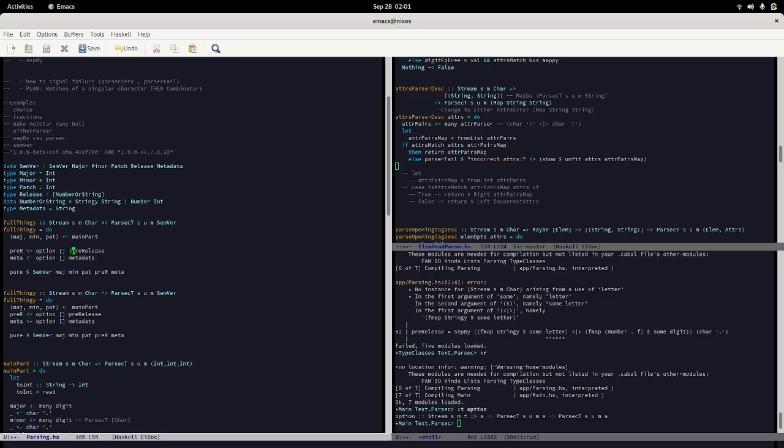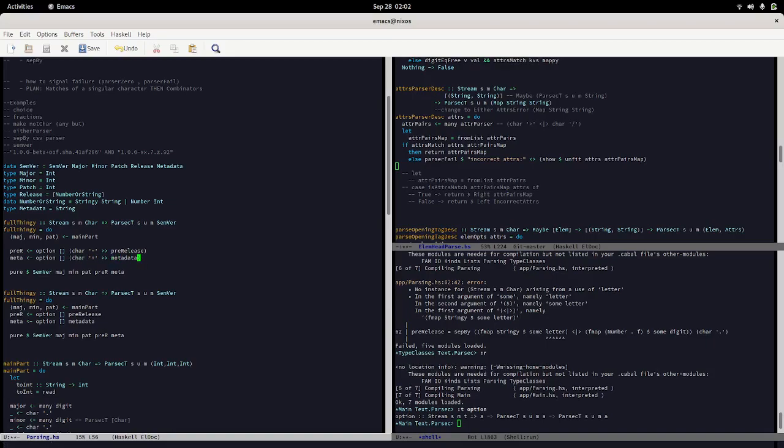So what I can do is quite simple. I would just do char, I guess it would be minus, pre-release, and that works because that's just going to toss out the character, and then it is going to continue on. Same with this. It's going to toss out the plus character and then get the metadata and return it in this place,